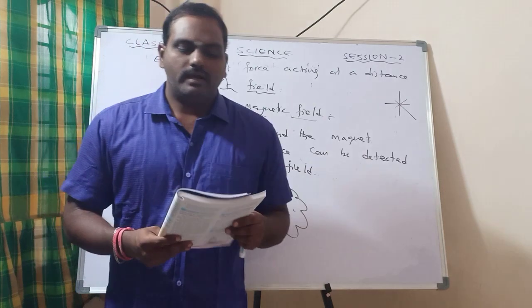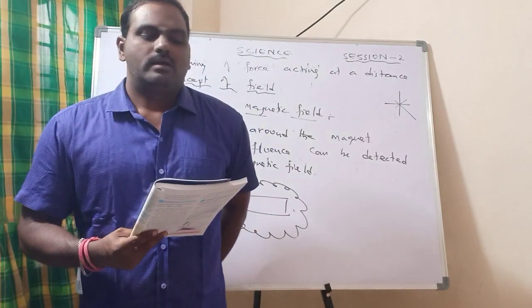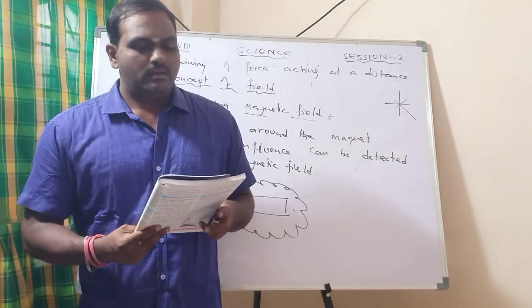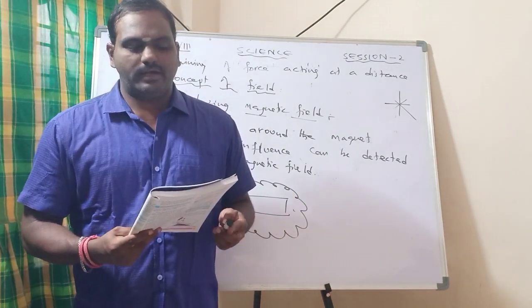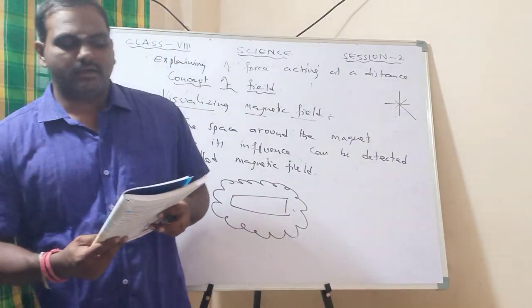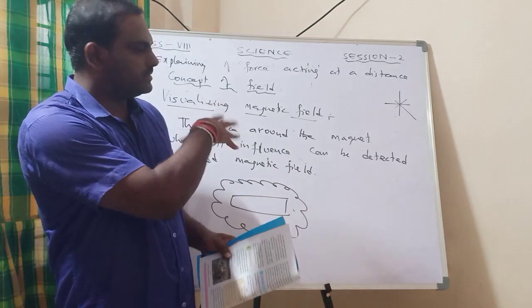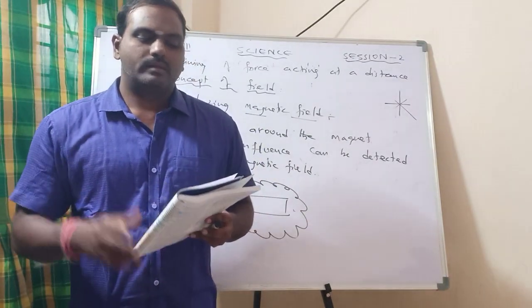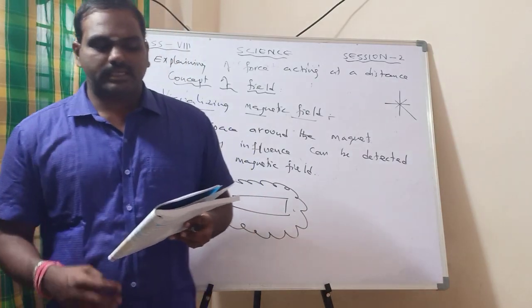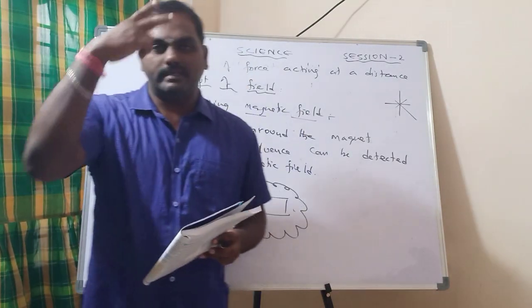Thus, a field is the region in which a force can be experienced by another magnetic object placed at any point in that region. A body creates a field, and another body experiences the force by the field when it is placed in that field. All these are the statements we have explained up to now. A magnetic field surrounds a magnet, an electric field surrounds an electric charge, and the gravitational field surrounds masses. This has to be understood from these 3 concepts.